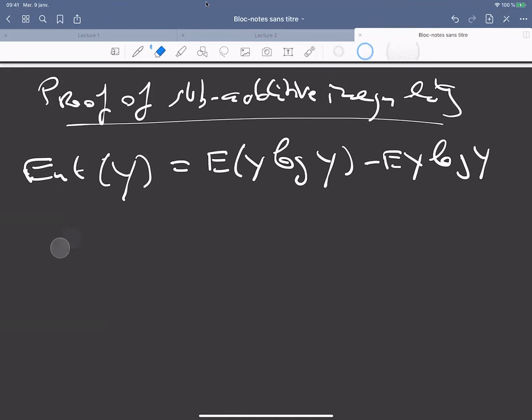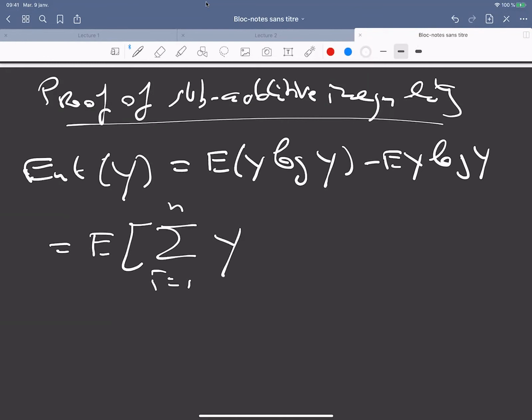We write it as the expectation of the sum of y times the log of the conditional expectation E_i of y, minus the log of the conditional expectation E_{i-1}